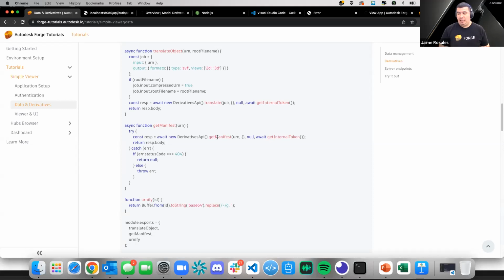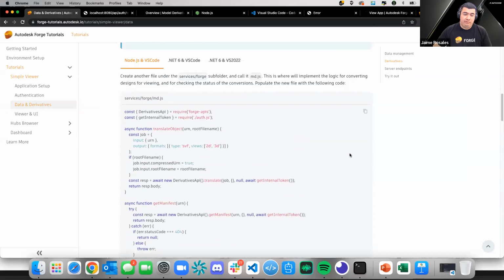So translation itself takes some time. I would say not hours. Sometimes it's just a couple of seconds, depending on how big your model itself is. Could be maybe a minute or so. But once translated, and once we have that SVF file, the visualization and loading mechanism itself is kind of immediate after you got that first part out of